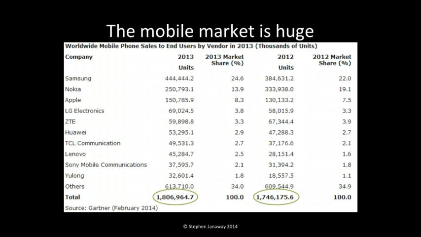Primarily from Samsung, this is by volume. Nokia, of course, now part of Microsoft. Apple still make the most money, even though they ship fewer devices, so their average selling price is significantly higher. Their market share by volume looks lower, but their market share by value is much higher. But the key thing here is lots and lots and lots of devices out there. And that means your application could be deployed on lots of different devices.